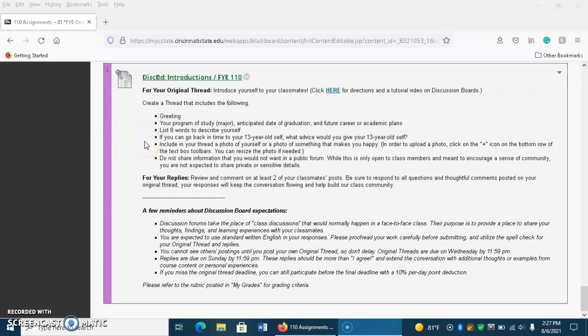You'll answer this question: if you could go back in time to your 13-year-old self, what advice would you give to your 13-year-old self? And finally, you'll include a photo of yourself or something that makes you happy in the